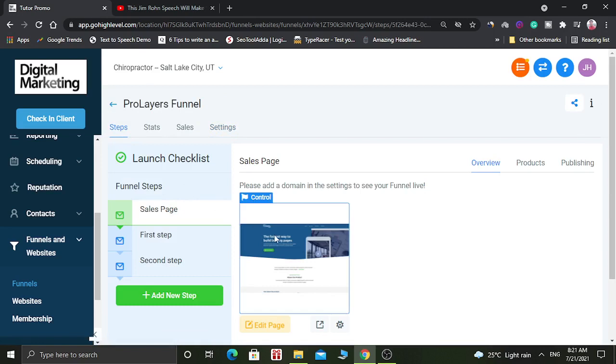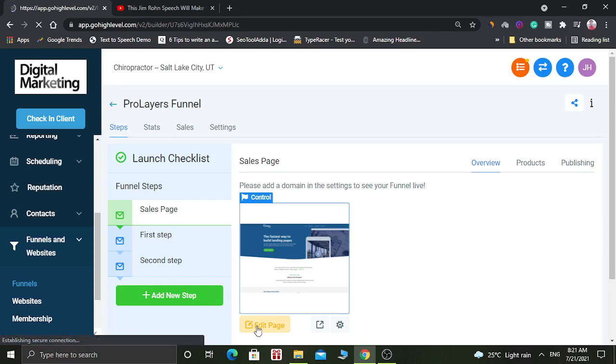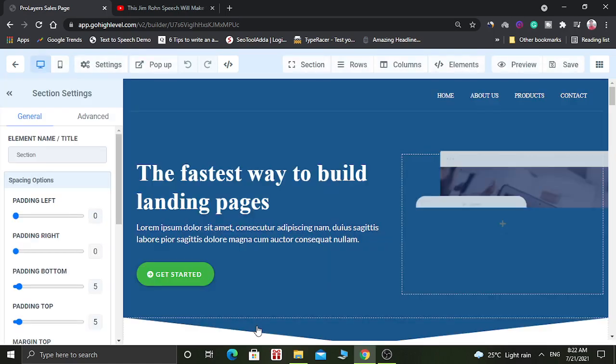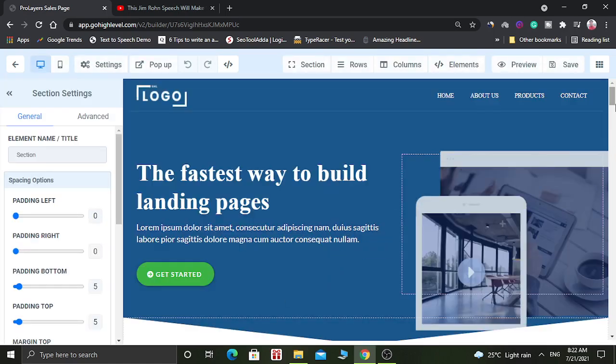So let's see the first page of this funnel. So this is the page.